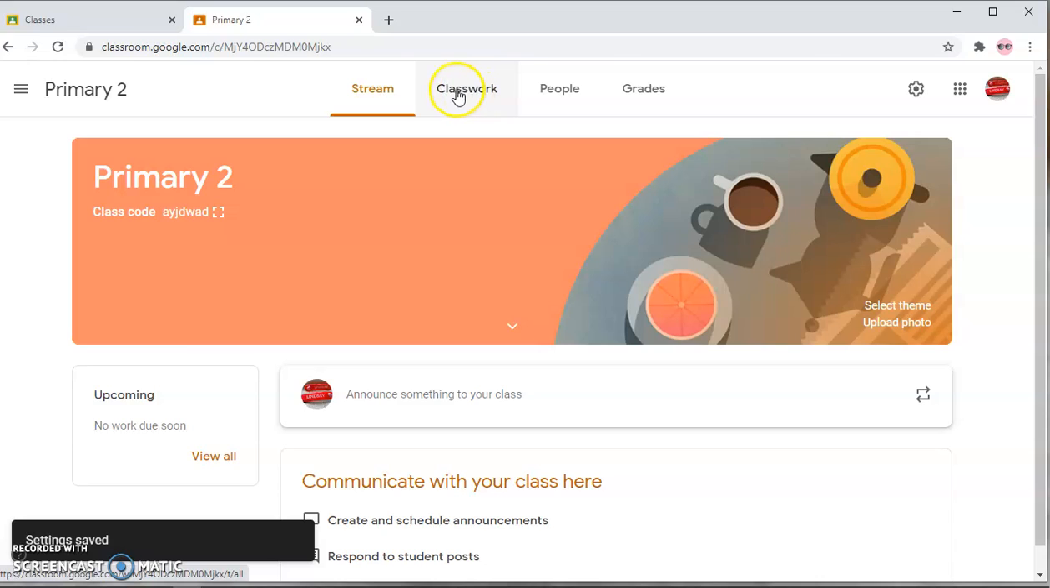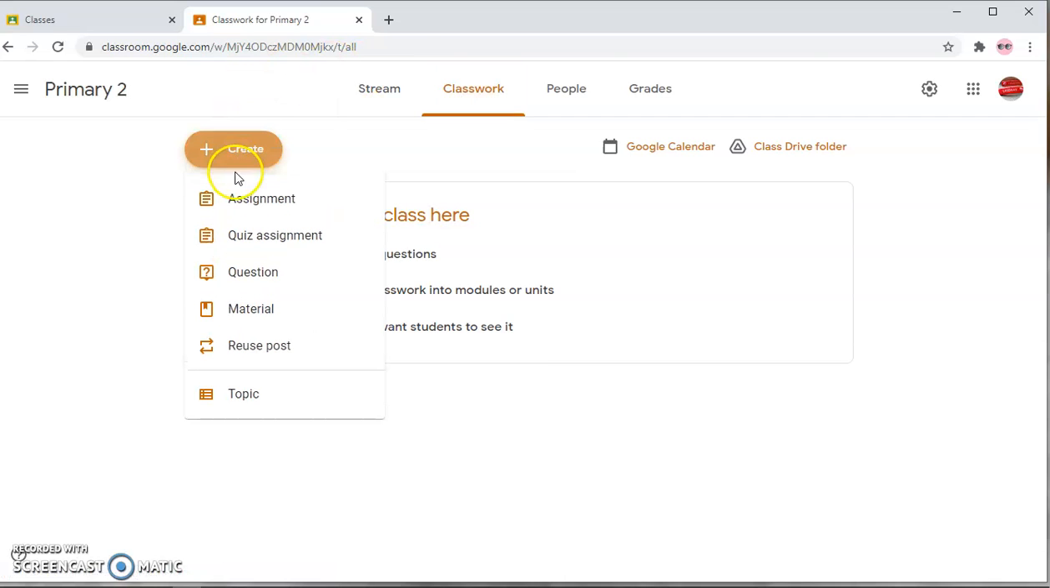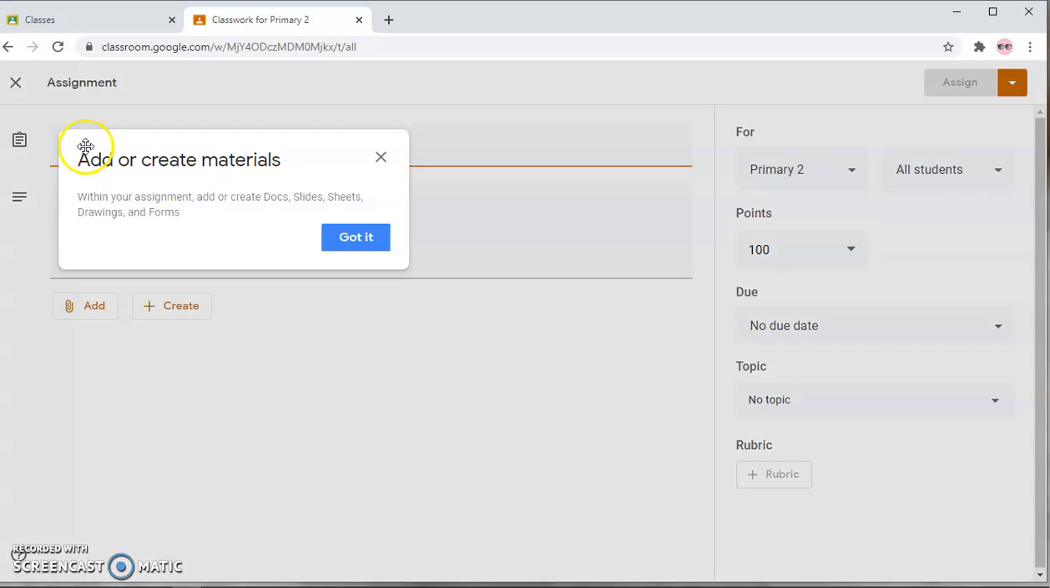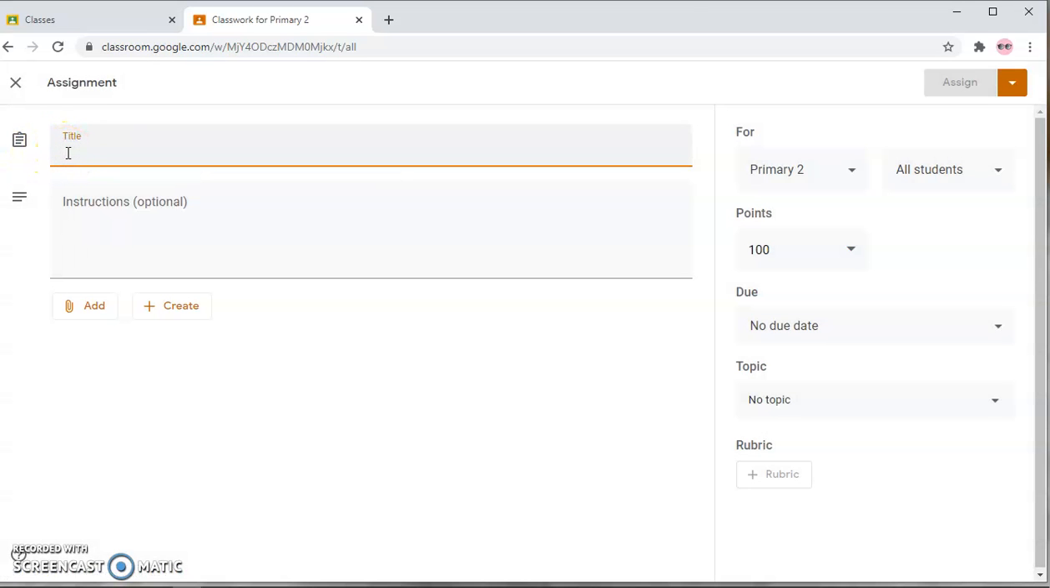Then for classwork, I'm doing it in order. For classwork, this is where you go now to give the students work in the class, assign the work. So you can either give them an assignment, give them a quiz, give them resources, information, whatever. So you come here and you write, if you are giving them an assignment, you write the title of the assignment, you put fractions,